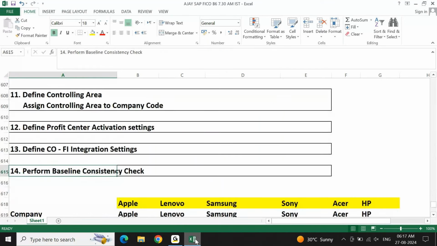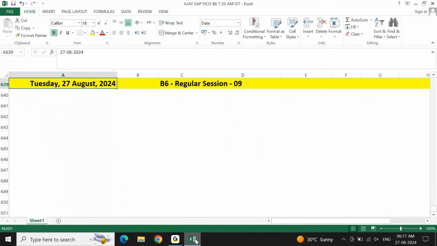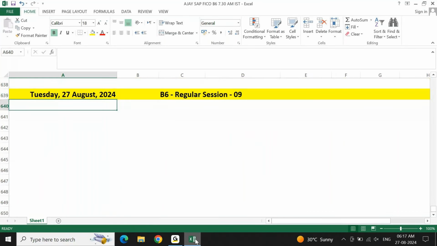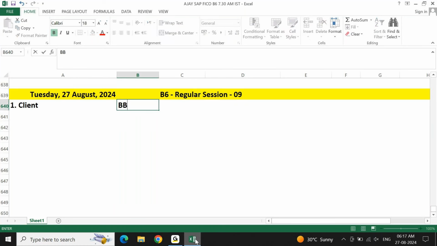For example, first point, you will be given all the requirements from the client. Your client will provide you details related to their company name, their company products and services, their company business process, their expectations in SAP, and current problems in the legacy system. All the business requirement will be provided by the client. Here you are going to get something called business requirement. When you're in any project, you will be getting this business requirement from your client.